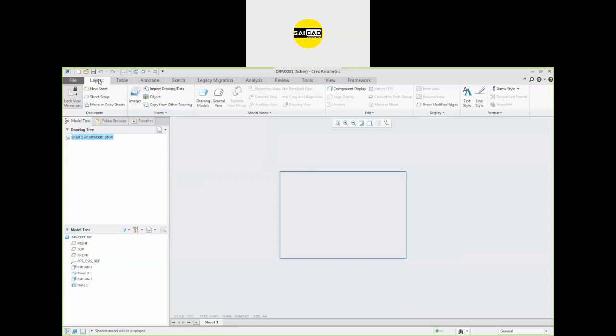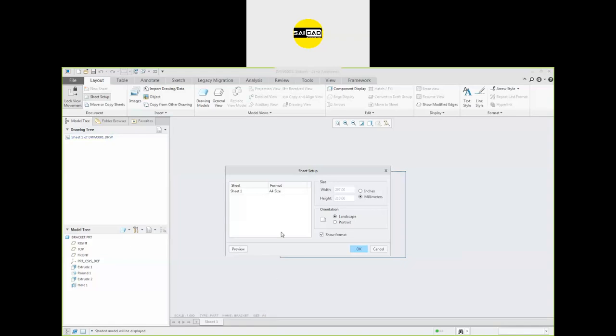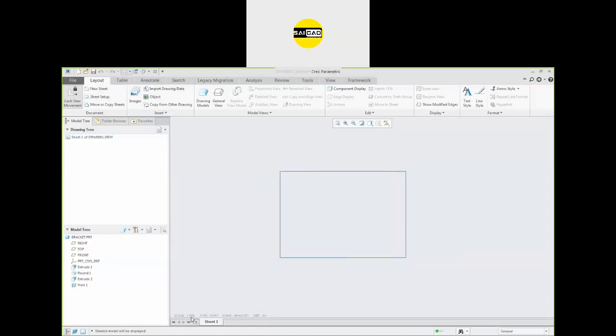Now we have some tools here for the layout of the drawing, and the sheet properties can be seen here. The scale is 1, type is part, the name of the part is bracket, and the size is A4. If you want to change, you can double click and the properties will be in front of you like that. You can change the scale of the sheet also. Right now, I'm going to use the scale of 1.